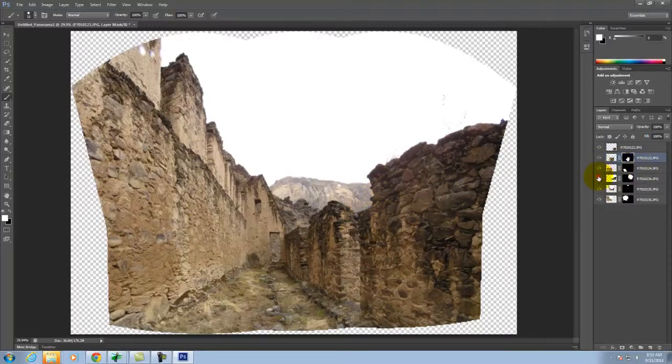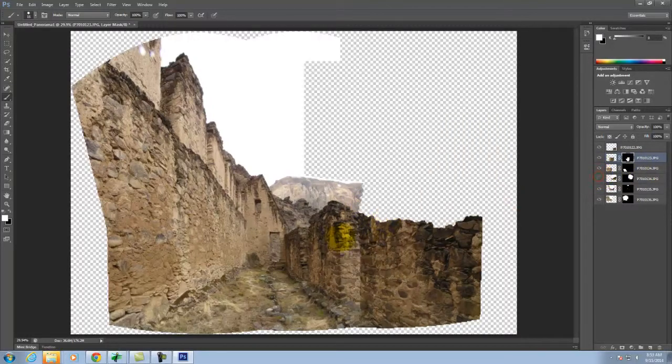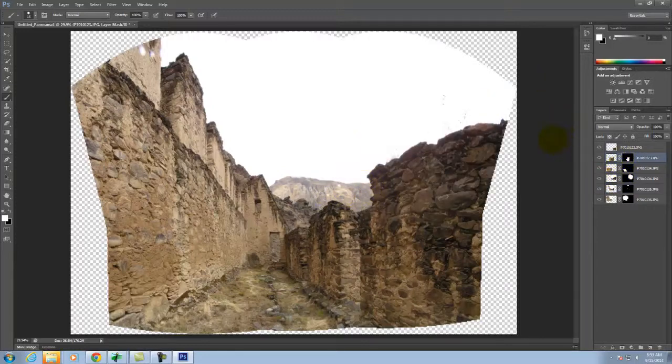Notice that it found the edge right here where it goes into kind of being further away. It also found this edge along the top and is using those two to help combine those in a seamless manner. Okay? So what I'm going to ask you to do for today's exercise is to do one set of